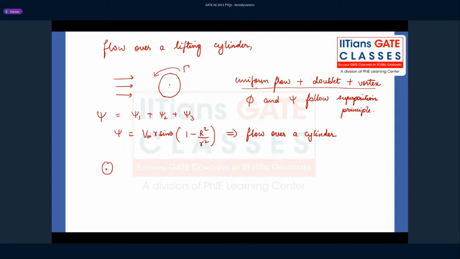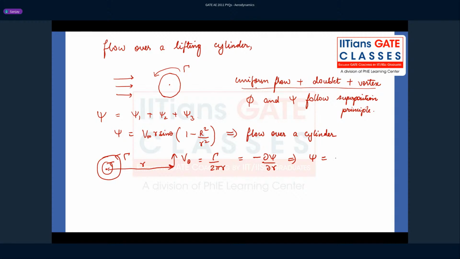When you have a vortex, let's say this is a vortex and this is some perpendicular distance r from the vortex. There is going to be a velocity induced by this vortex. It is essentially a tangential component of velocity, that is nothing but gamma by 2 pi r. Now, when you equate this to minus dou psi by dou r, you can obtain psi from here,